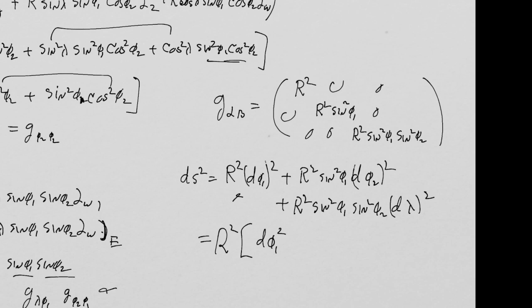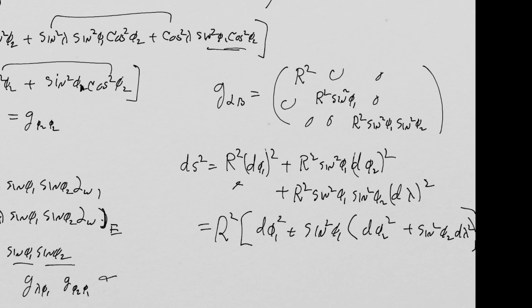I'll get rid of the parentheses now. You know the difference between a subscript, superscript, and a squaring, right? Plus sine squared phi 1 times the quantity d phi 2 squared plus sine squared phi 2 d lambda squared,